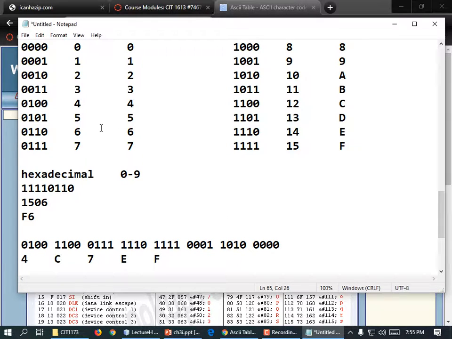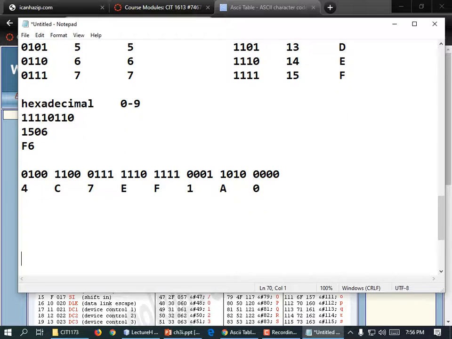How about 0001? Just a 1, right? And what is a 1010? Well, it's also a 10, so it's an A. And then lastly, all zeros is a 0. So what does that really mean? If we had these numbers, well, let's make them smaller, because I don't want to have to add that up in my head. Say we had the number